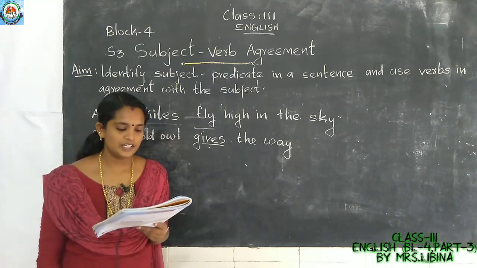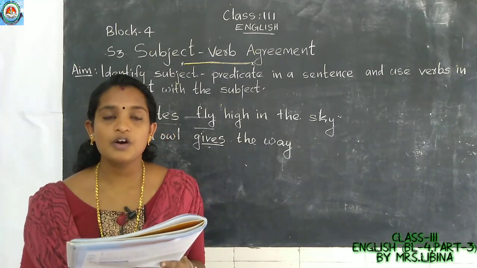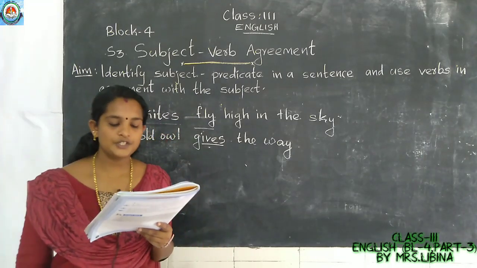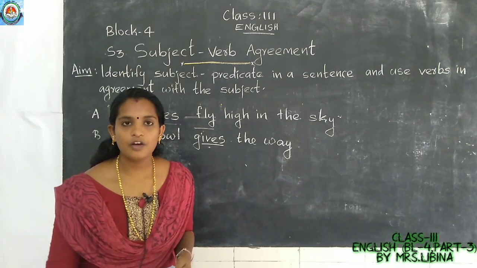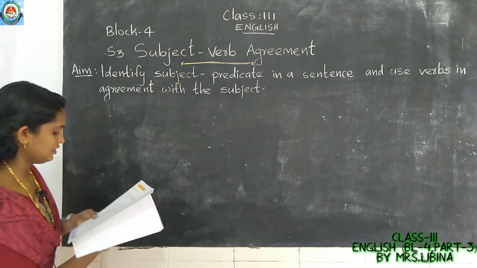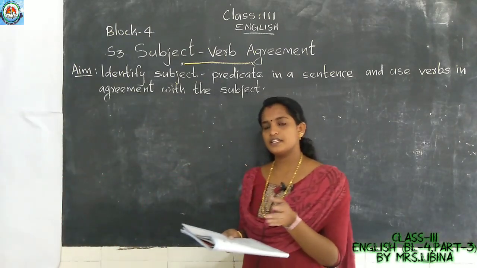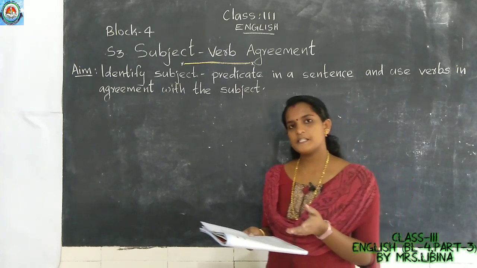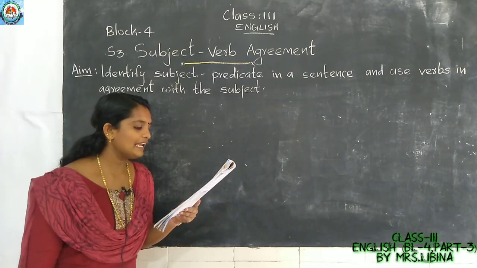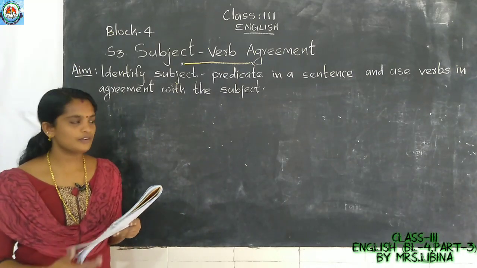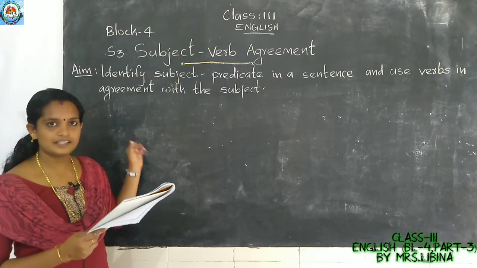Then the second question, change the subjects in these sentences from one to many or many to one and rewrite them. Listen, all of you take your notebook. We have to change, if the subject is singular, we have to change into plural. Okay, if it is plural, we have to change into singular. The A question is, a little bird lives in a nest. You have to write down the question into your notebook and A, after that write the answers with me.